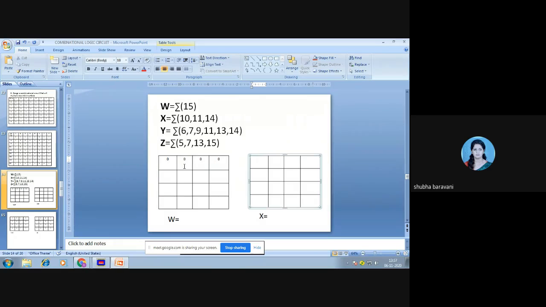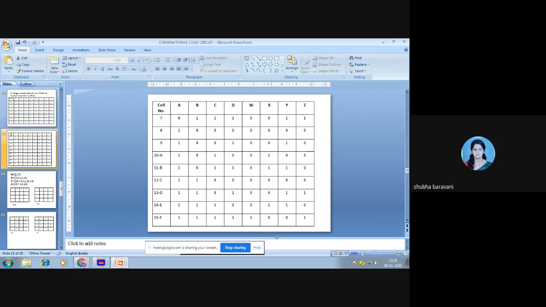So I'll plot the K map for W first. So W only 15 is there.